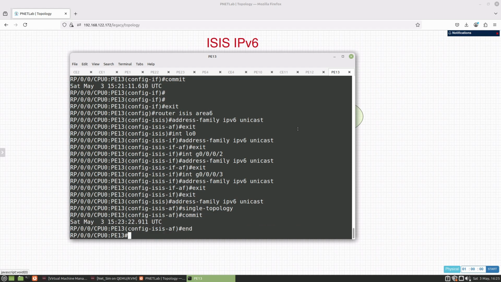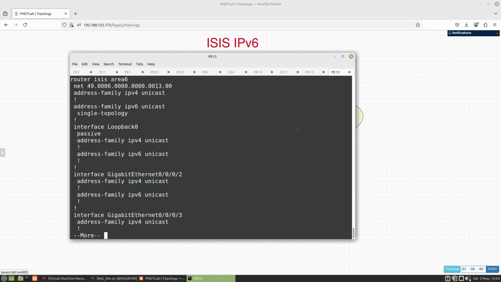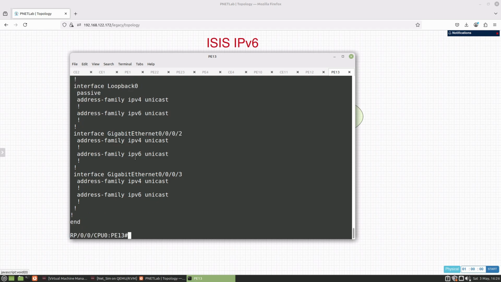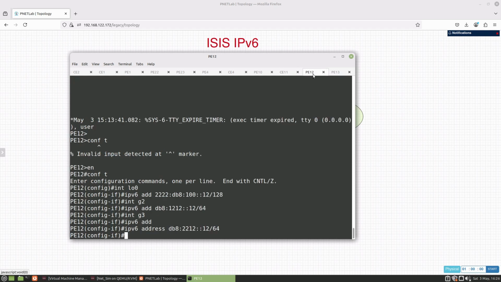and let's do a show run, and let's do a begin ISIS. All right, so we have our address family IPv6 unicast. We've set the single topology, and we've put the interfaces in as we expect. Okay, great. So let's jump on to PE12,